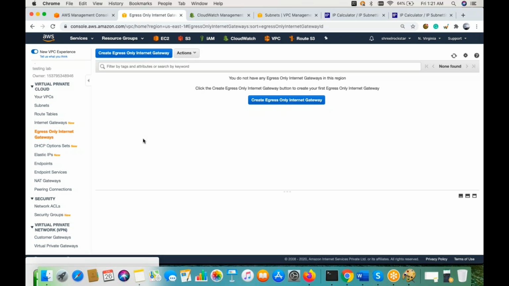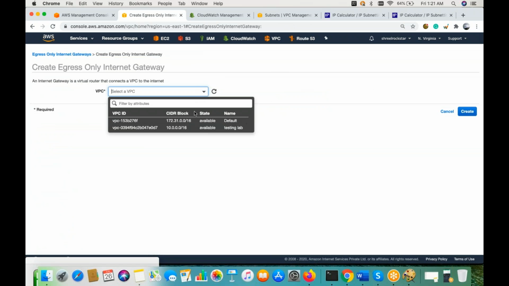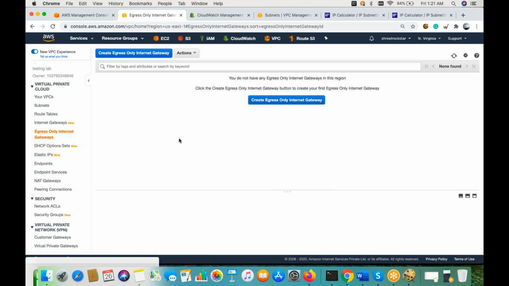Ingress is when you are allowing things from the internet to your server, and egress is when you are allowing traffic from your side to go outside only. This is a feature AWS has created. You can create your egress gateway, for example, let's say I have a Windows machine and I want to access the internet, meaning from your machine you are sending something out.